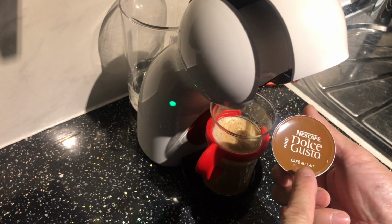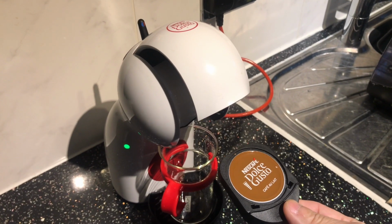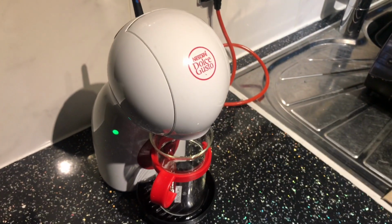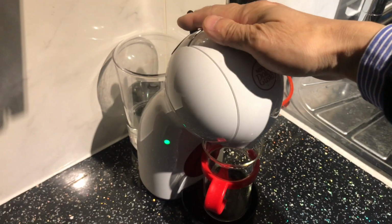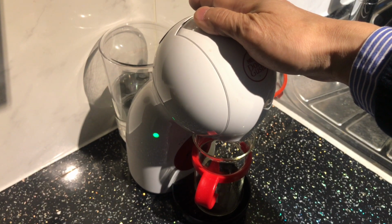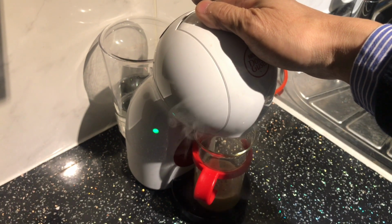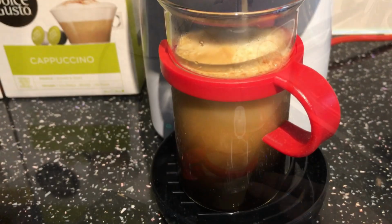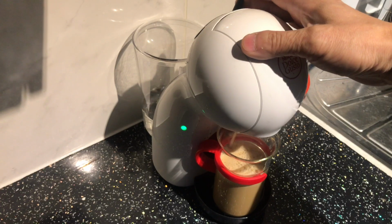This is the cafe latte. Okay, you can put this capsule inside the machine. Press down. Get the water. Then what you do is you push the button to the right hand side. First you need to get the coffee. When you stop,